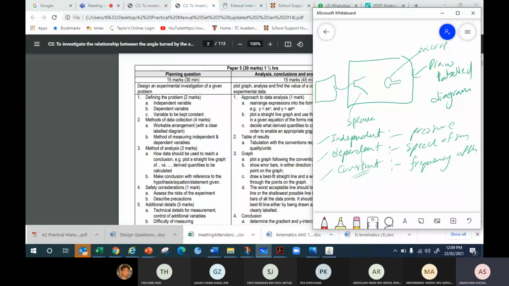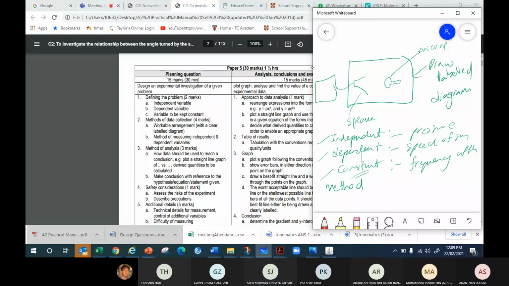Okay, this carries how many marks? 2 marks. So do we need to write the aim first? No, you don't need to write the aim because they already tell you the aim in the question itself, what you are supposed to do. Here you just draw the labelled diagram, the setup, and straight away write the independent variable, dependent variable, and variable kept constant. Next you go to the method.